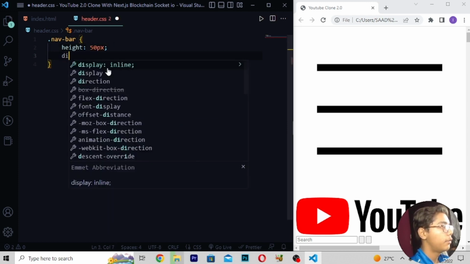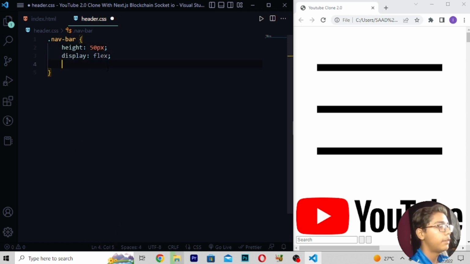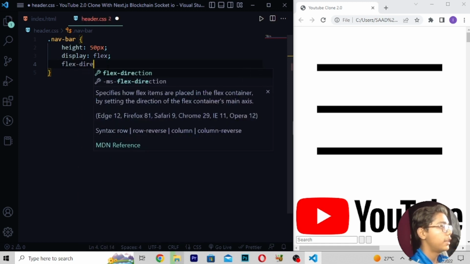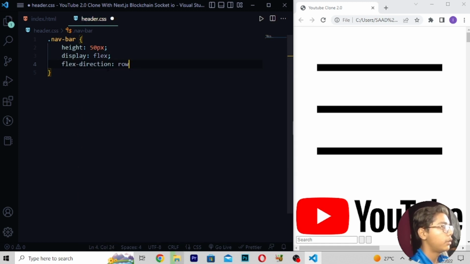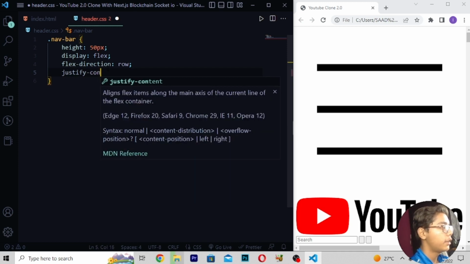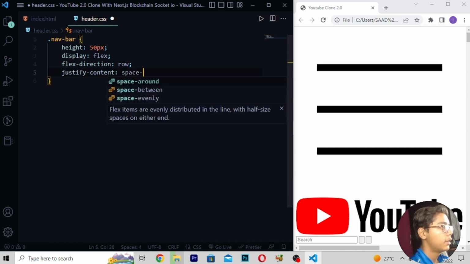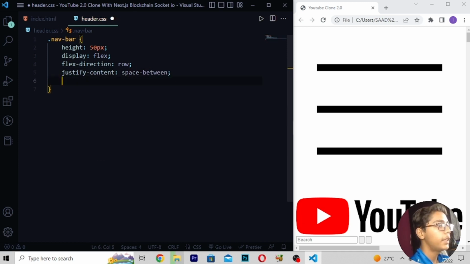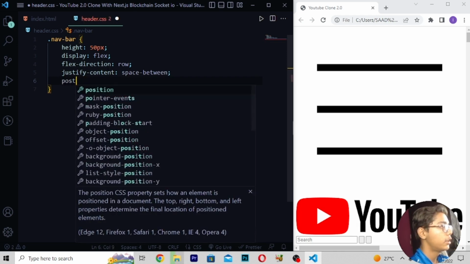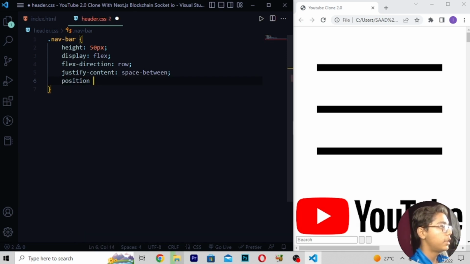Then I'll be writing here 50 pixel, right here display flex, then flex-direction row. Here you have to write justify-content which should be space-between. Then I will be moving down, right here position, and in position I will be writing fixed.